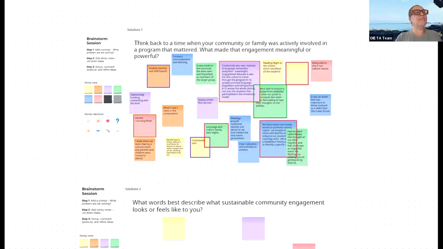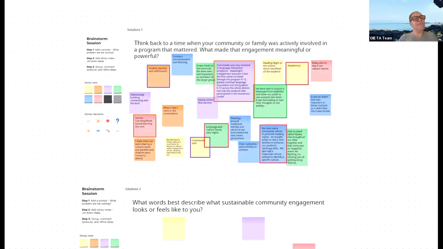Awesome. That's awesome. Being able to share our cultural values. It was an event that was important to those involved, so I didn't feel like it was forced. Oh, wow. That's cool. I like that. Positive identity and self-esteem, relationship building, connecting with the land.